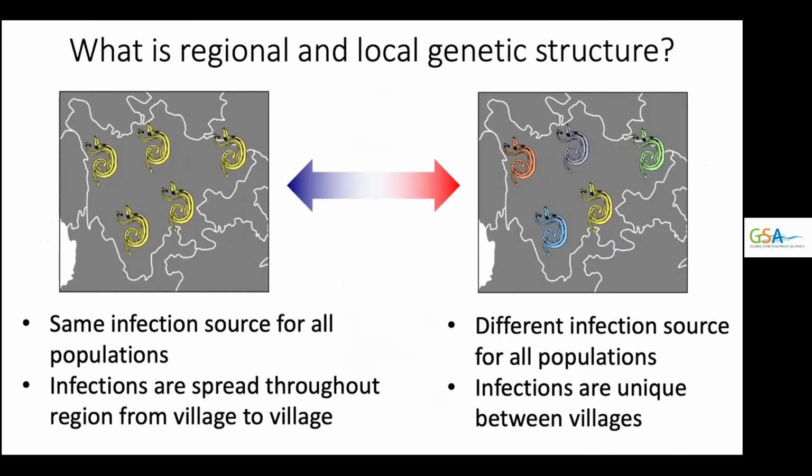We're taking a population genetics approach to understand how schistosome populations persist, and the first question we'd like to know is what genetic population structure, if any, exists across the region, because that will help identify potential sources of infections in remaining pockets of transmission. For example, if samples collected from different villages appear closely related, this suggests that these villages share a common source of infection. But if samples from different villages appear different from one another, this suggests multiple unique infection sources.